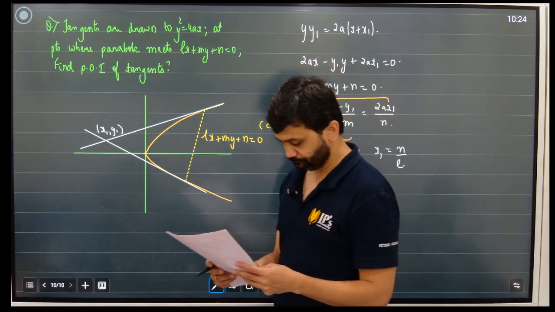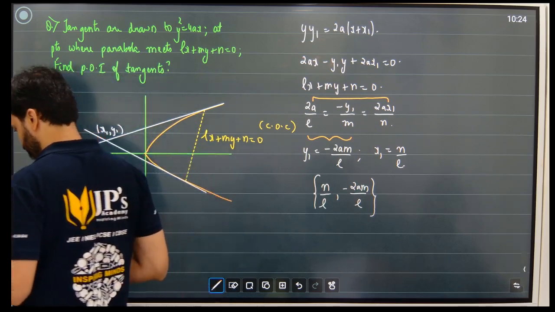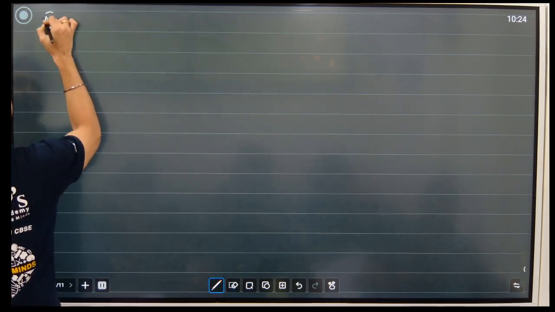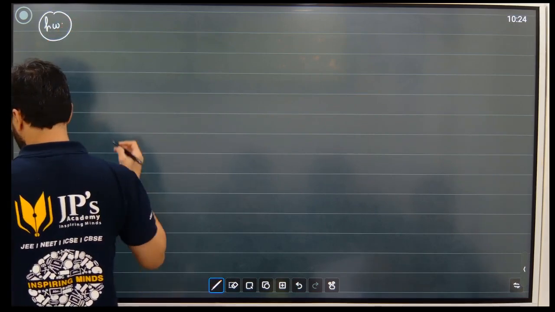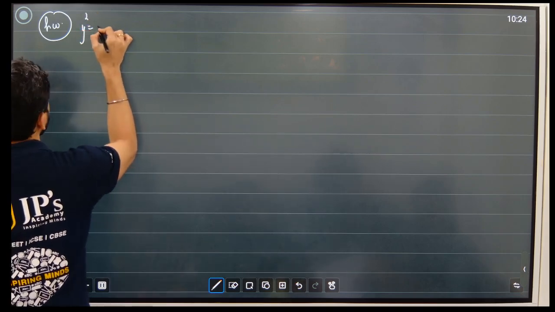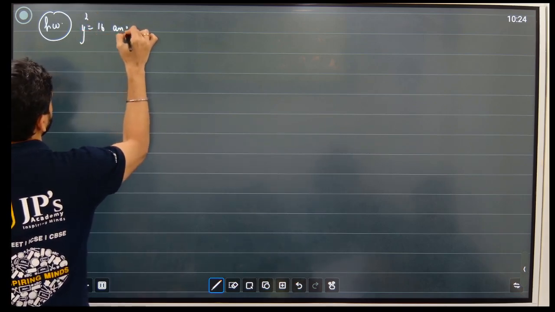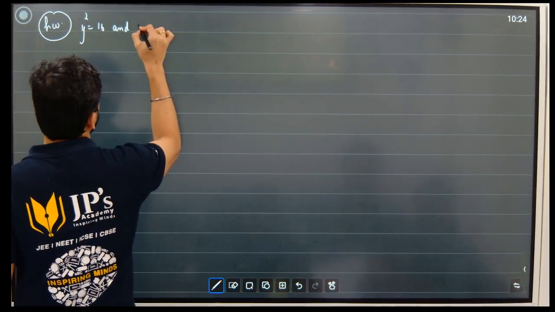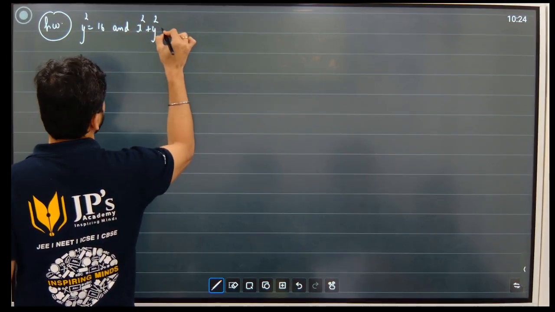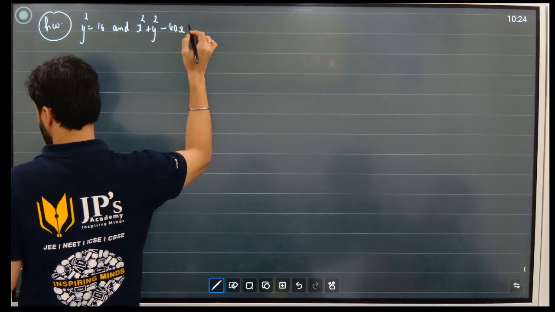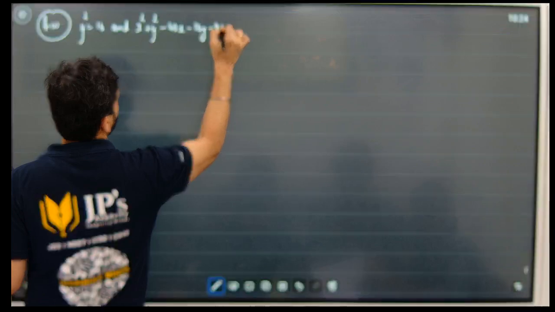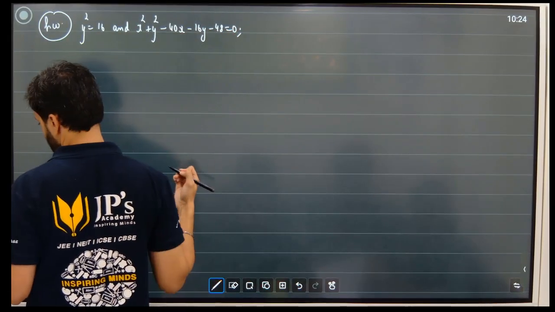Now, this question will be homework for you guys. y square is equal to 16x and x square plus y square minus 40x minus 16y minus 48 is equal to 0